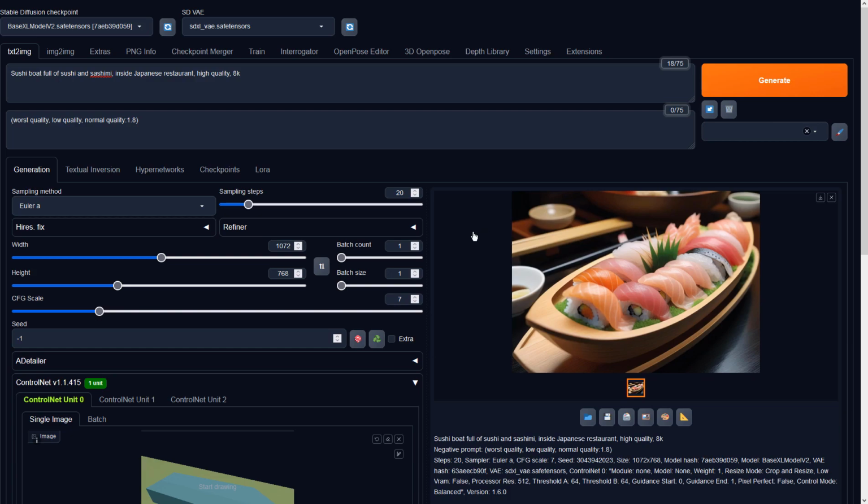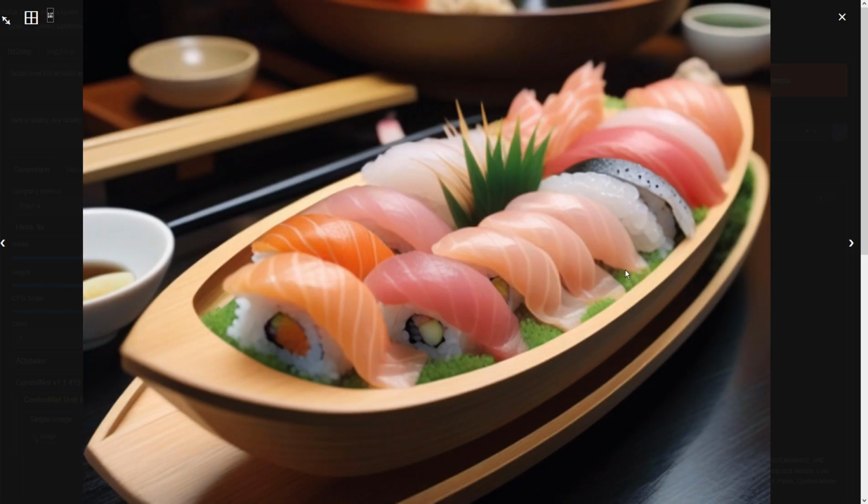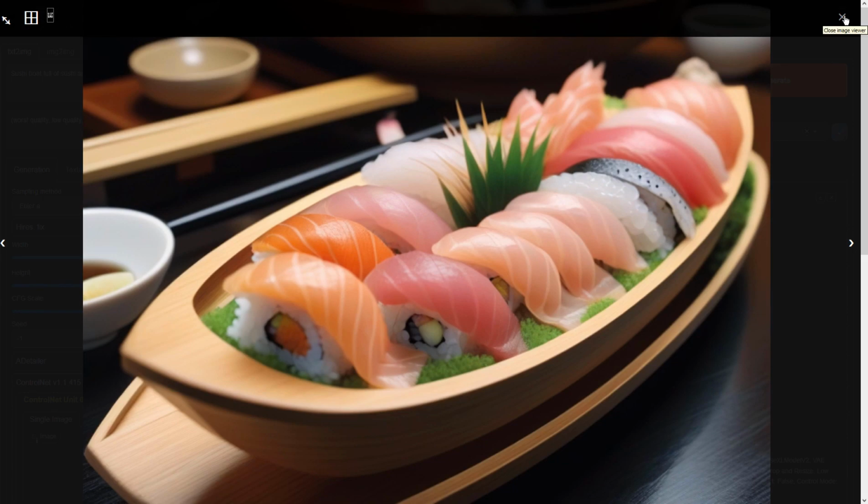Please set the preprocessor to none, and select the correct depth model, so the AI will understand and use our reference image.